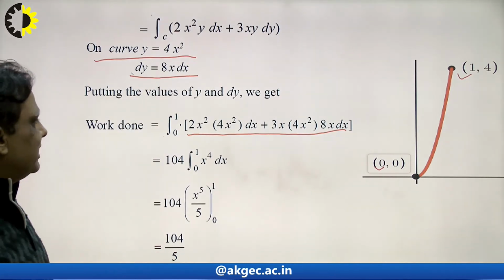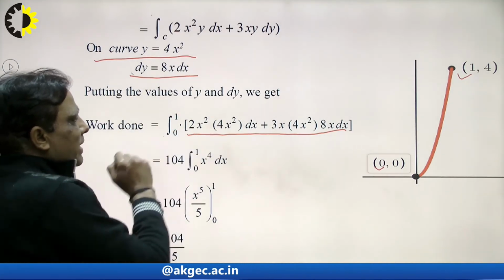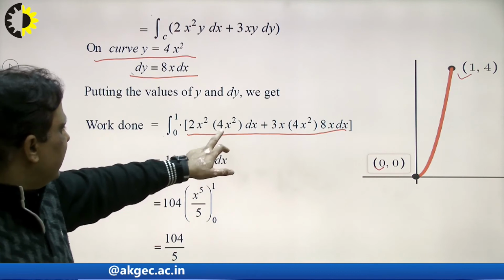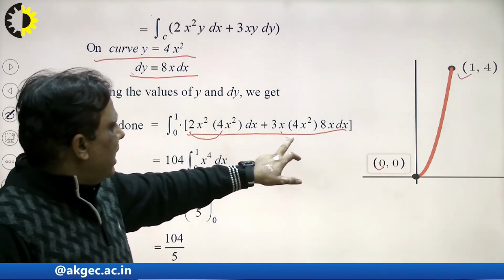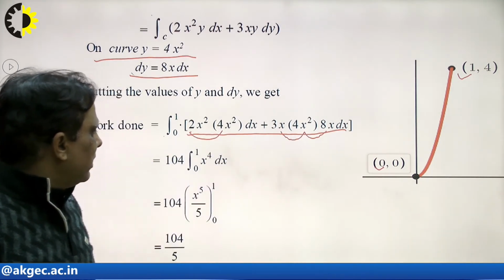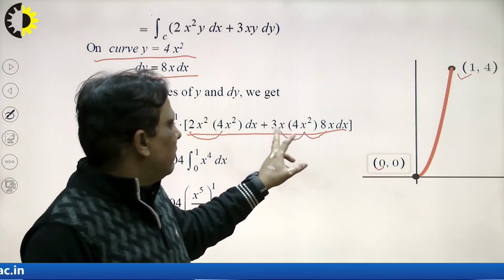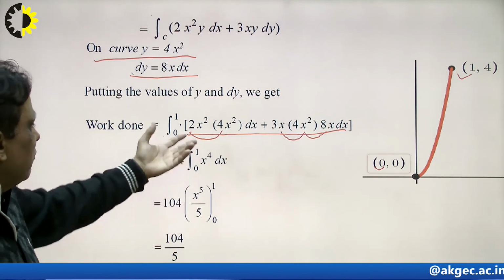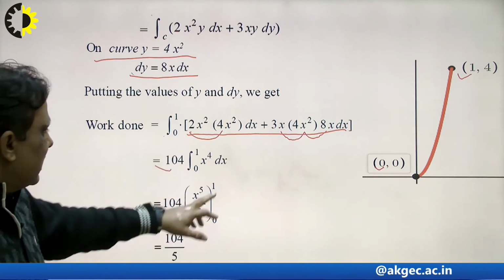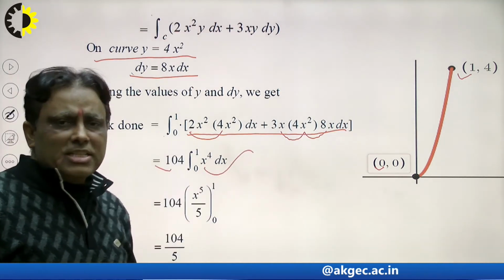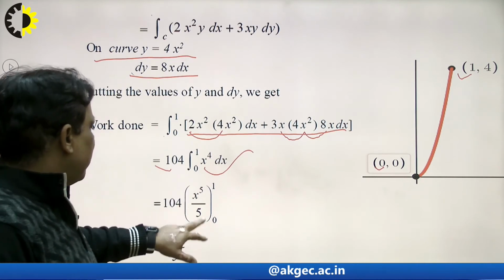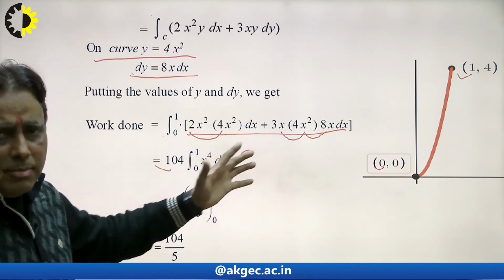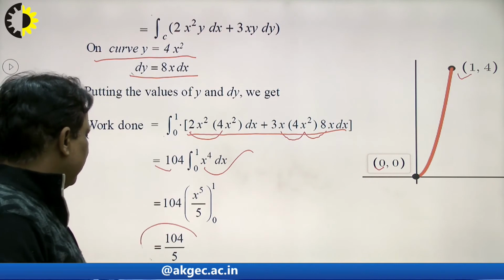Now the conclusion is x squared, x raised to the power 4, and 4 times 8 is 8x squared, and the total is x raised to the power 4. 4 times 3 is 8, and 8 is 64, and adding 64 gives 104, x raised to the power 4. What is the integral of x raised to the power 4? x raised to the power 5 upon 5. We put in the upper limit minus the lower limit, and the result will be 104 here.